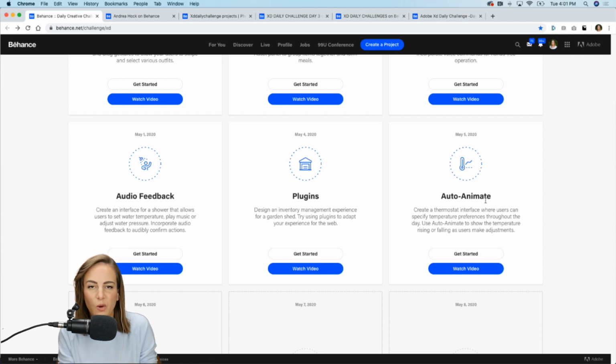We're going to be working on one of my favorites, Auto-Animate. So I want you guys to create a thermostat interface where users can specify temperature preferences throughout the day. But I want you to use Auto-Animate, so you can show the temperature rising or falling as users make adjustments. If you want to do a dial or a slider or just buttons, try to have fun with how they will change the temperature. So do something a little different. I know there's maybe a lot of thermostat designs out there, but try to see if you can